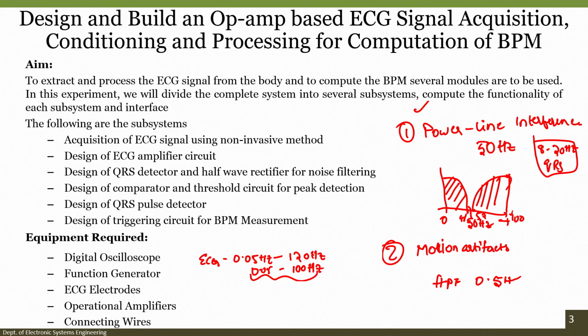But if I want to design such a filter, in order to have proper filtering at the proper cutoff frequency, we require a higher roll off factor. If you want a higher roll off factor, single order filters cannot be used; we have to go with second order or third order filters. We have already seen that the higher the order of the filters, the more op amps and components are needed, the more complex the system, and the cost will also be higher. Since it is not so feasible in our laboratory, what we do is restrict ourselves to either a first order or a second order filter.